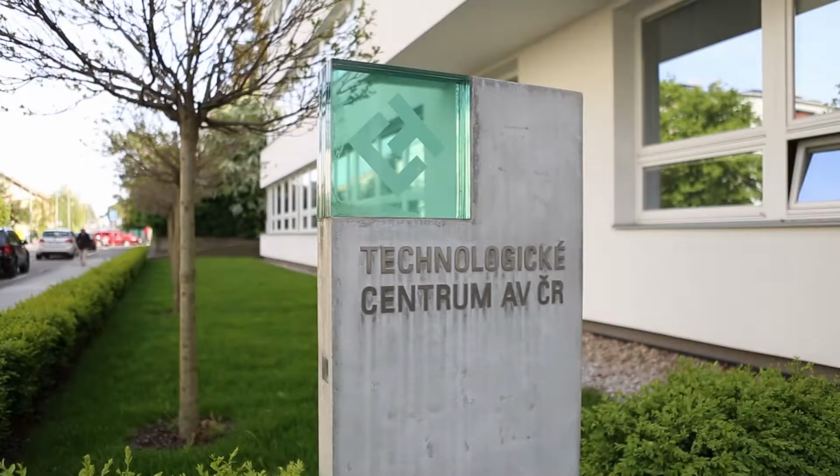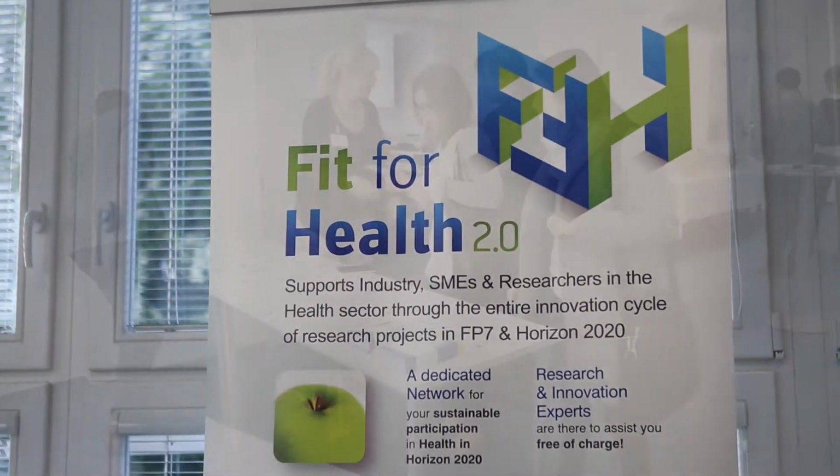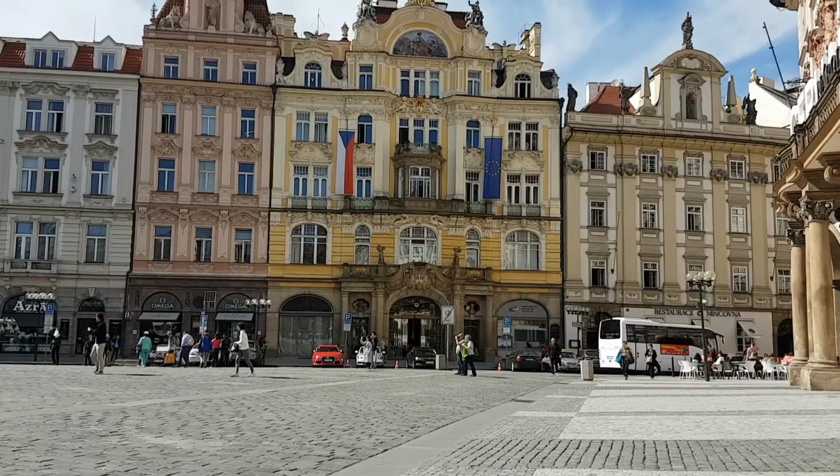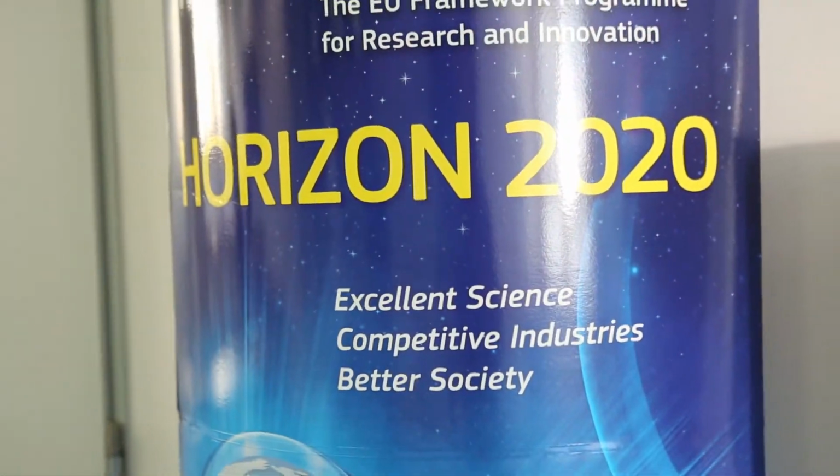On the 10th and 11th of May 2017, Fit for Health organized an international strategy training regarding the exploitation of EU project results in Prague, capital of the Czech Republic, one of the EU 13 countries supported by the project. It's a big honor and a big opportunity for us to bring some more knowledge to the Czech Republic, knowledge about commercialization of research results with focus on IPR and their production, as well as the field of biotech and